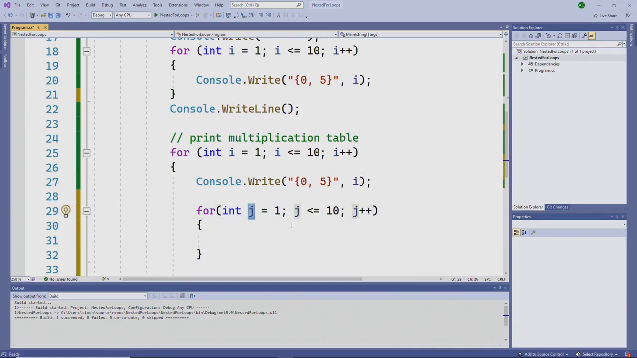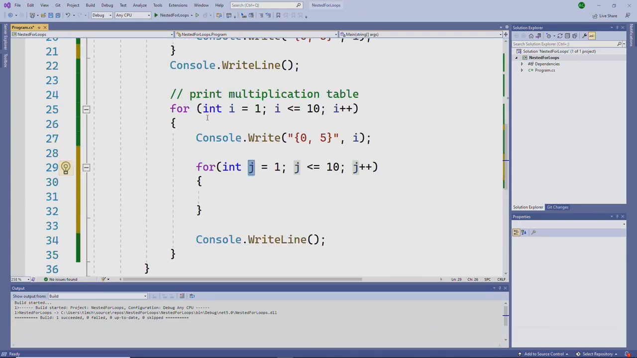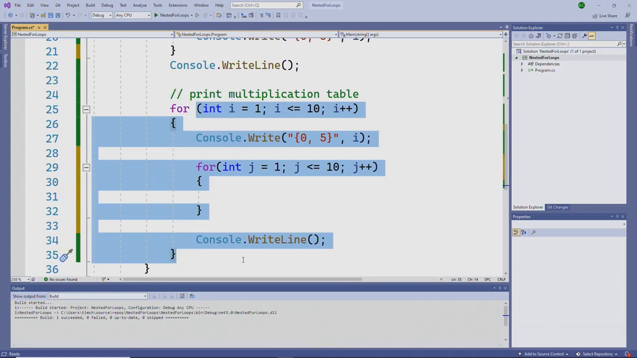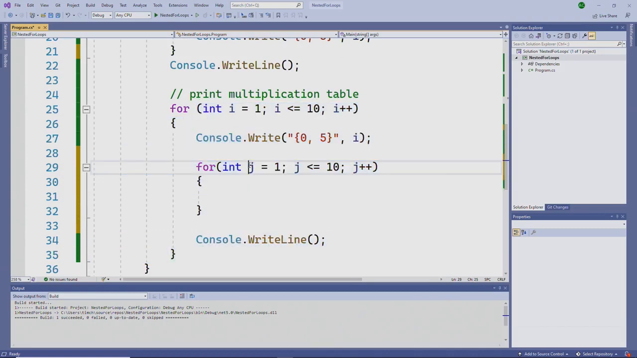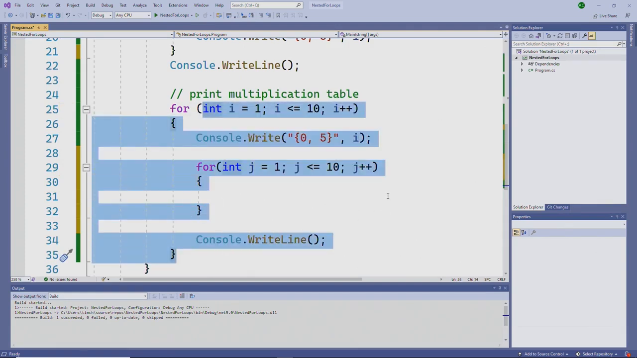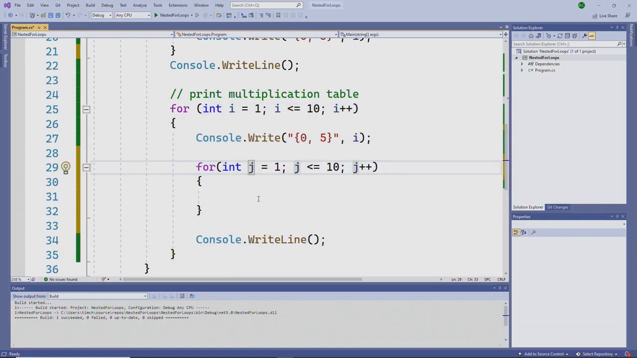If we use I here, that's going to be a problem because the scope of this I is here. So if I try to use I here, the compiler will say you already have an I that's in scope here, so you can't use the same variable name twice. It's also really common to use J as our loop control variable for a loop that's nested inside a loop